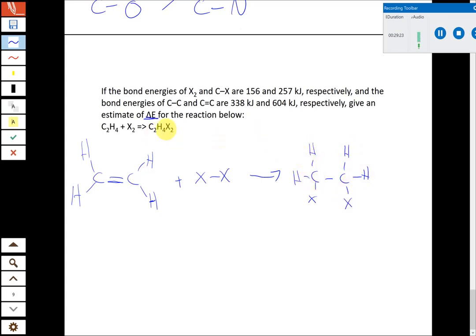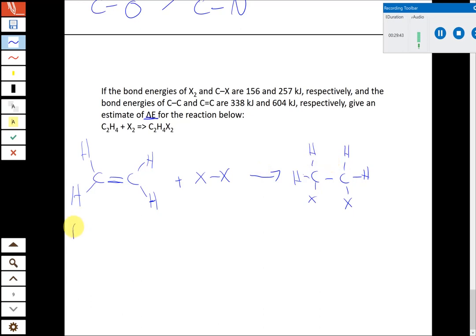C2H4X2: 2 hydrogens, 1 X on each carbon. In this case, the carbons already have 4 bonds, 1, 2, 3, 4, so we're going to leave it as a carbon-carbon single bond. We don't want more than 4 bonds per carbon. That's what they refer to as a Texas carbon. So now we have the Lewis structure sketched out, and so we can start tabulating the bond